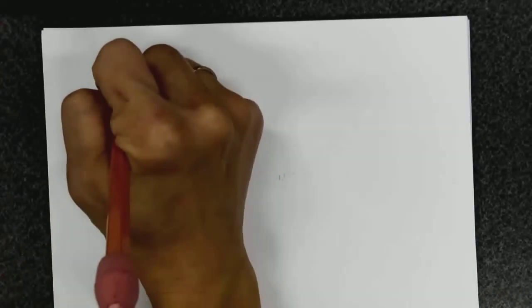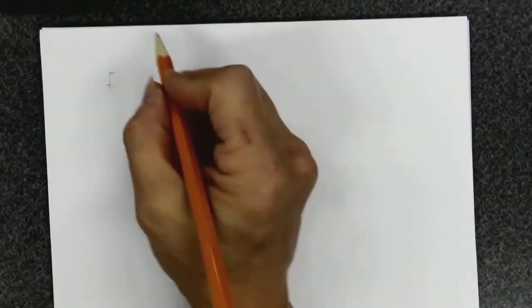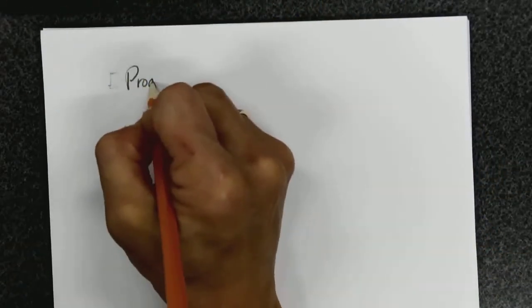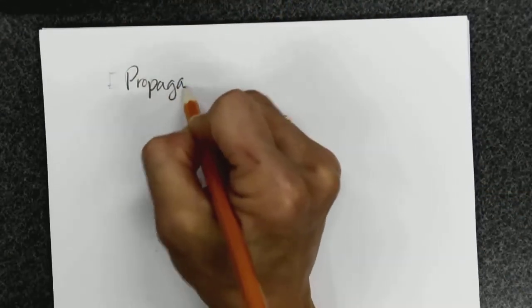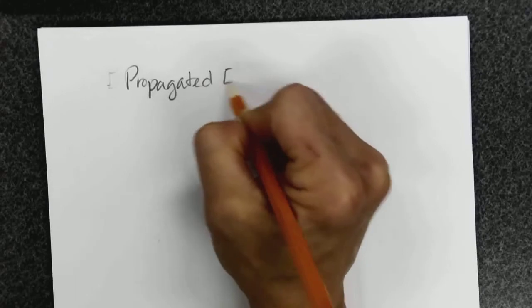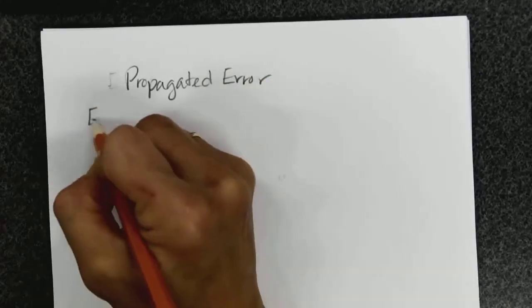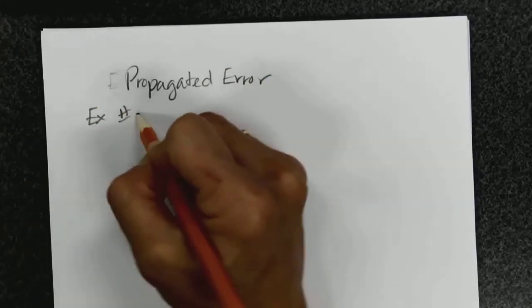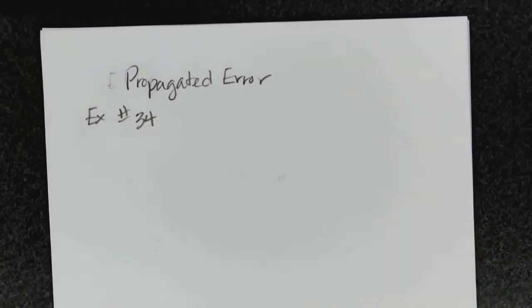All right, so this is propagated error. I think that's what we call it. Yeah. I can't spell. Propagated error. And this is example, so they're going to call this number example, and then this is number 34 in